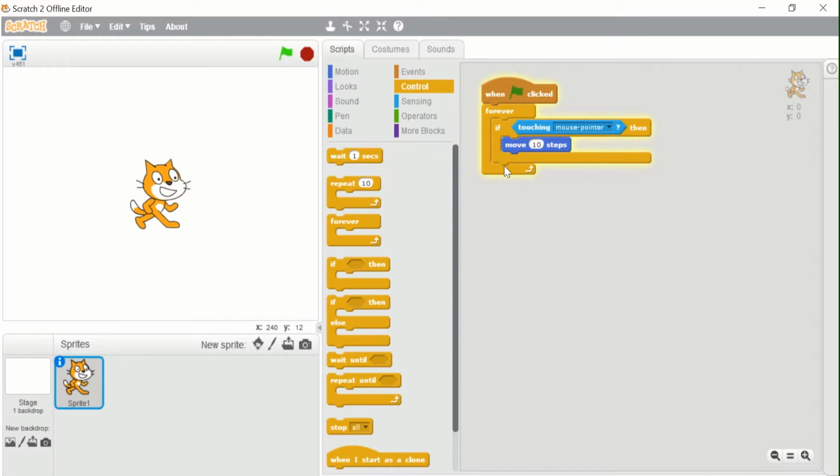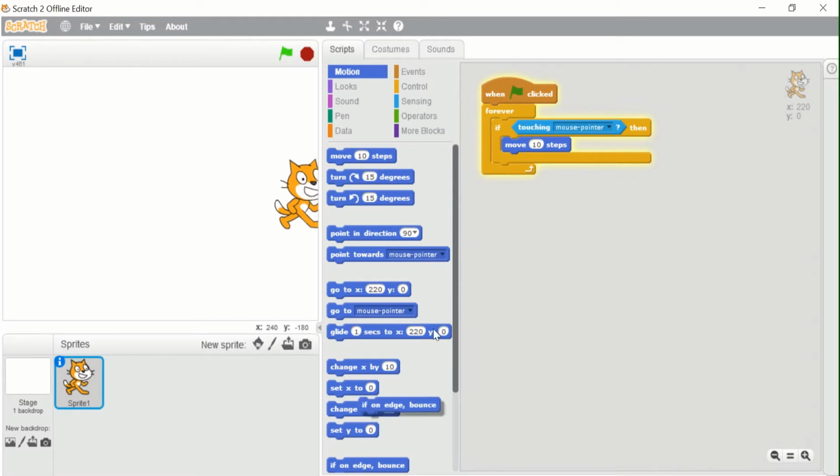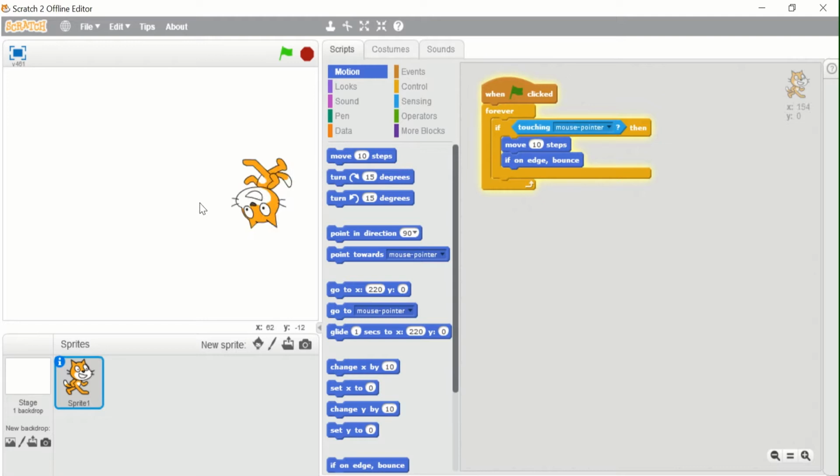Now the script keeps running, and suppose I touch it, did you see that it moved 10 steps? And if I keep touching, can you all see it is moving? And also if I put this if on edge, bounce, can you all see it is moving? And when I am not touching, it is not moving.